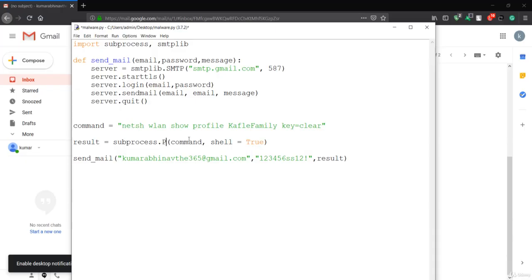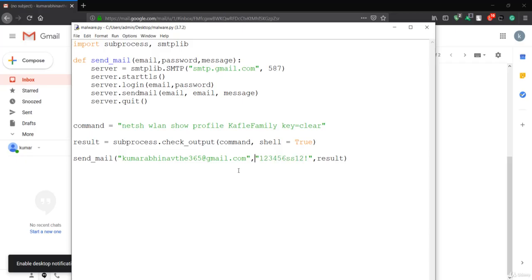Now we don't want this Popen method to be executed, because if you execute this Popen, then it is going to execute in the shell. We don't want this to be executed on the shell. Instead we just want to grab the result, and this should not be executed on the shell, because that can be suspicious for the user and they can get information. So basically we just want to check the output, that is by this method, which is check_output. Basically this will execute on the shell and give you the result, and we store it over here, and then we mail that to this email and the password we sent here. So let's save this one more time.